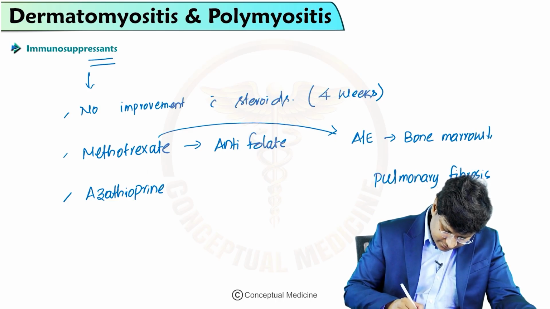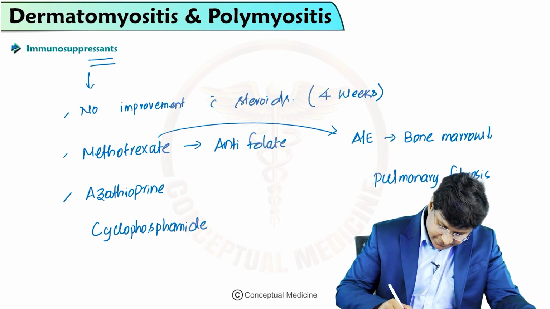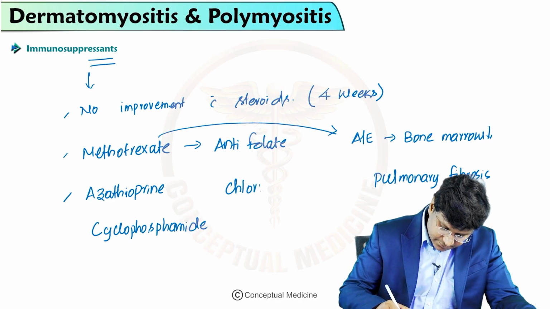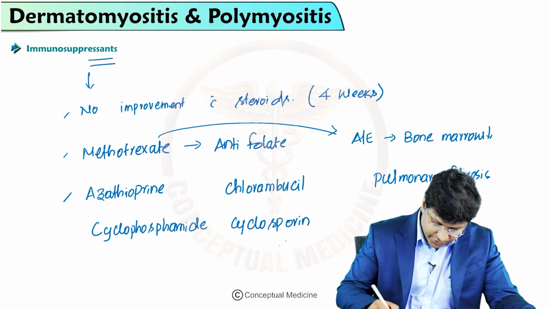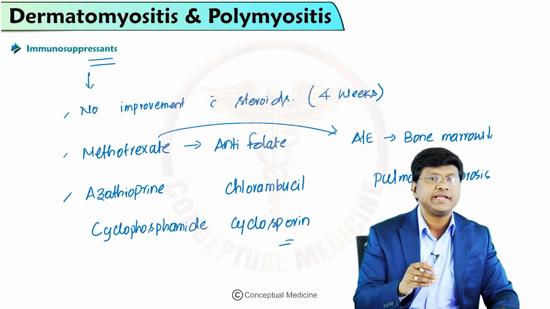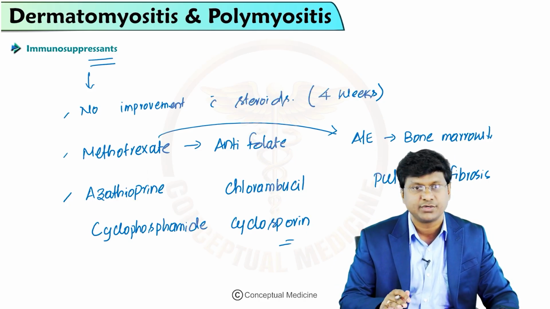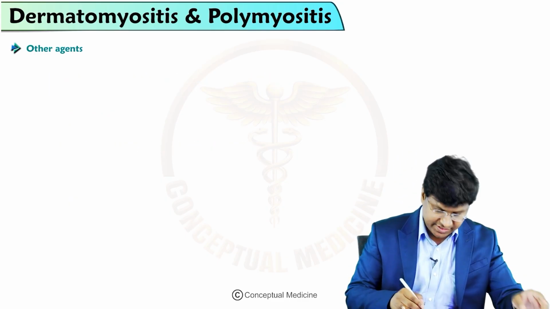Next, cyclophosphamide, chlorambucil, and then cyclosporin. So these are the immunosuppressants that you need to give if the individual is having no response with steroids. And apart from that, the other agents include intravenous immunoglobulins,